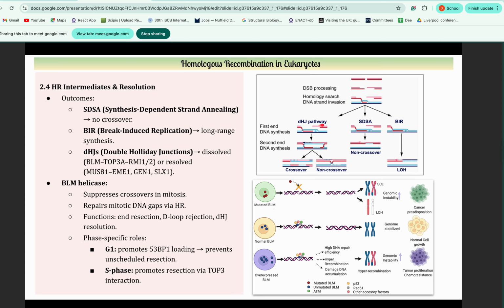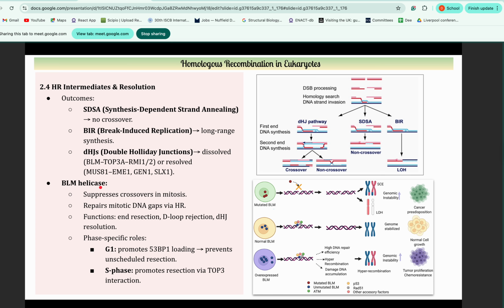And the DHJ, the double Holliday junction pathway, is the most common, and it can lead to the generation of crossovers or non-crossovers depending on which enzymes are used. If nicking and ligation is taking place, then it will generate crossovers, and if other helicases are used, such as BLM and TOP3A, then it will generate non-crossovers. So now let's talk about what BLM helicase is, which we have discussed generates non-crossovers. As the name suggests, helicases